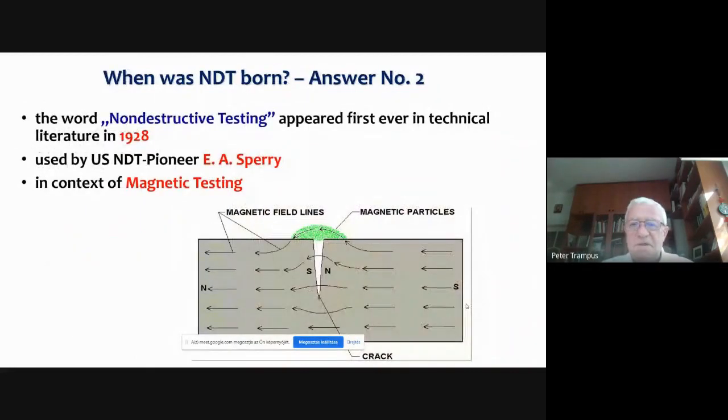A more serious answer is that the wording non-destructive testing in this form appeared first in the technical literature in 1928, used by a US NDT actor, Sperry, in the context of magnetic testing. Magnetic testing existed even before, but was not called non-destructive testing.